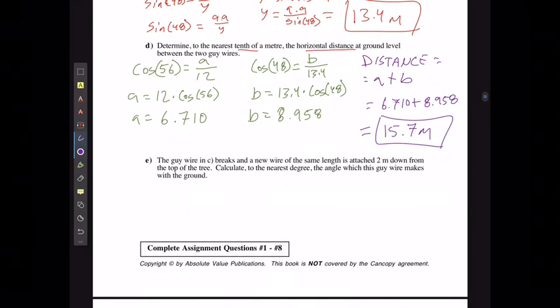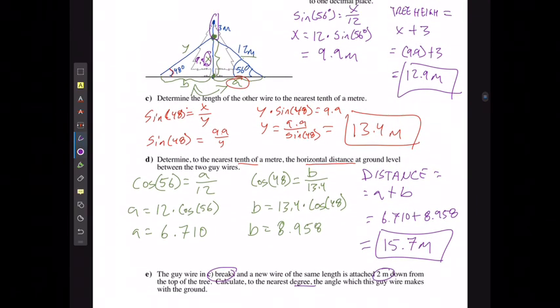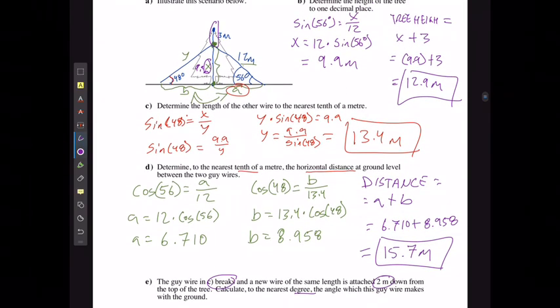And for part E, the guy wire in C breaks and a new wire of the same length is attached 2 meters down from the top of the tree. Calculate to the nearest degree the angle which this guy wire makes with the ground. Well, if I'm looking at part C, then what we solved for in C was this length Y. If this one is going to break and we attach a new wire 2 meters down from the top of the tree,